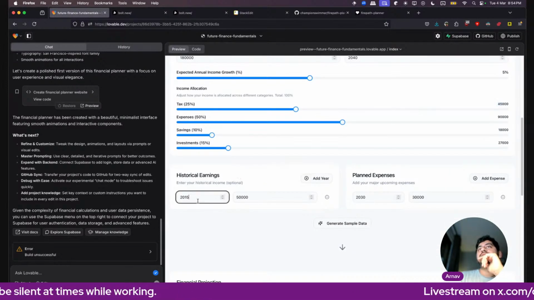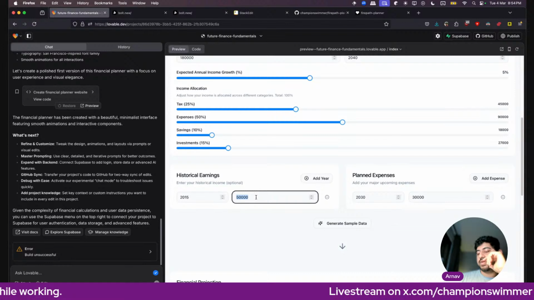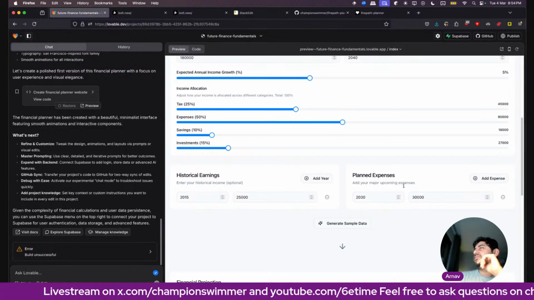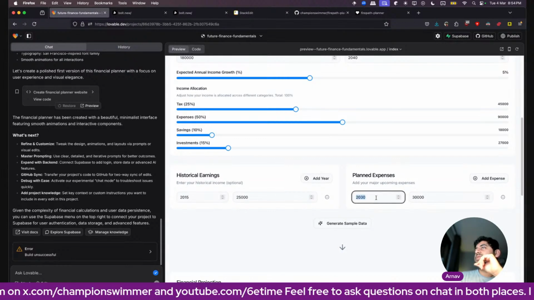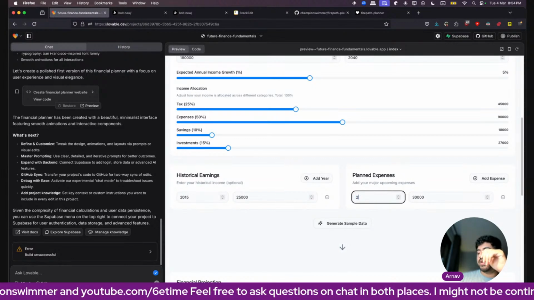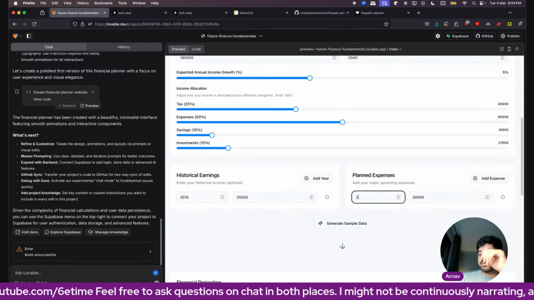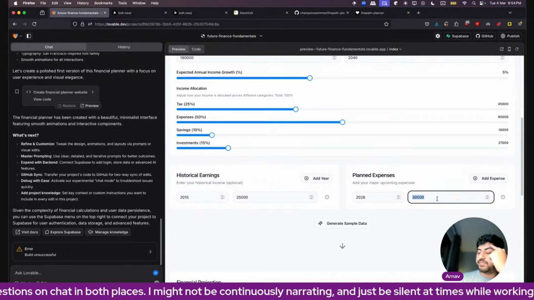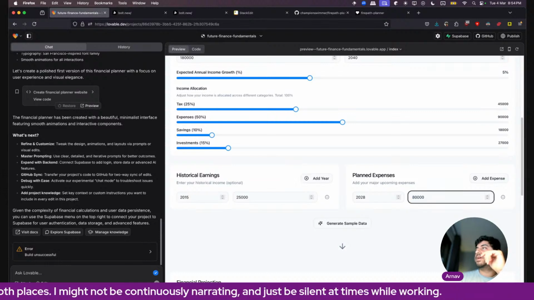Historical earnings, let's say in 2015 I started earning maybe 25,000. I can add more years, but let's go with this. And planned expenses. So let's say in 2028, I plan on making an expense of 80,000.